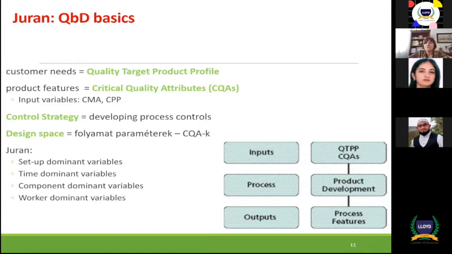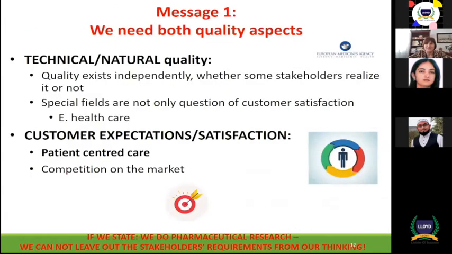Some of the variables or some of the happenings we cannot avoid. So the aim is not to avoid them, but to count with them and implement them, or to have a plan: if they happen, then what will we do. So evaluate all the possibilities from the worst case to the best case, but always prepare for the worst case, and then only positive things will happen during the process. So, finally, to conclude, we need both quality aspects in our thinking: technical, natural quality, and also